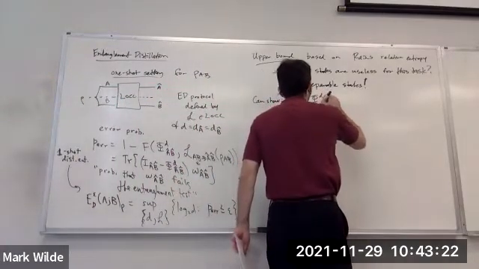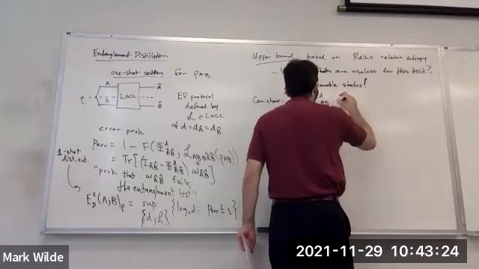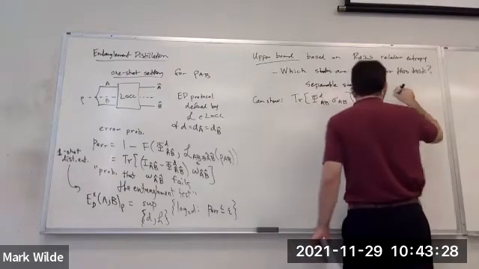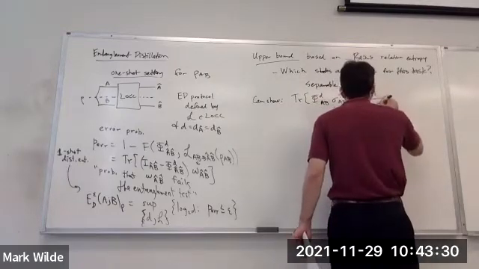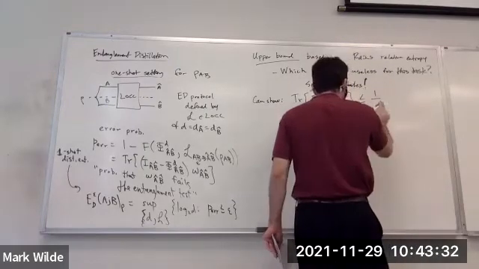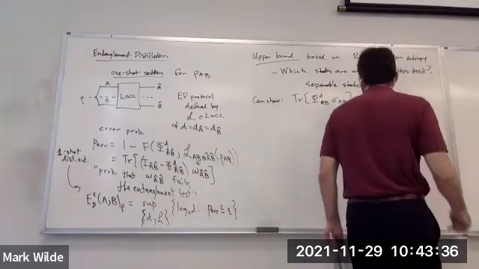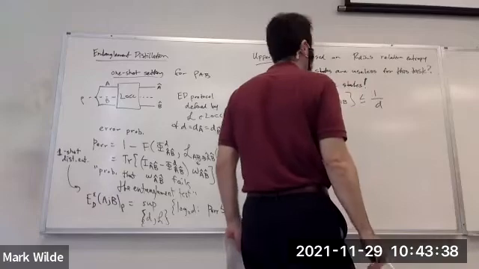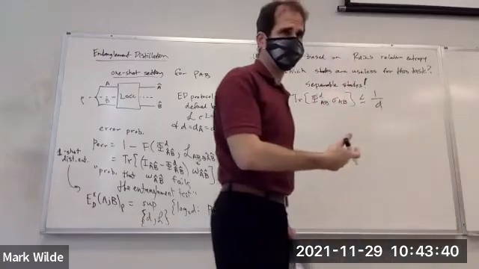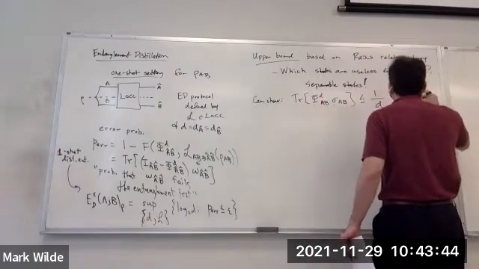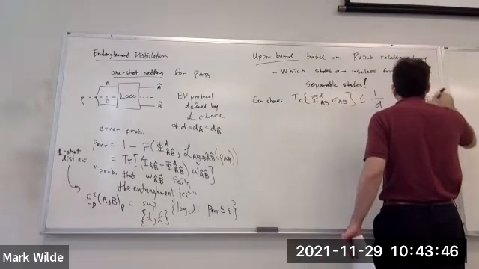So let's do phi d AB, we'll lose the hats for now. What we can show is that the probability of passing the entanglement test is very low, 1/d, which is kind of like the random guessing bounds we had before for communication. Because this is true for all sigma that are separable.